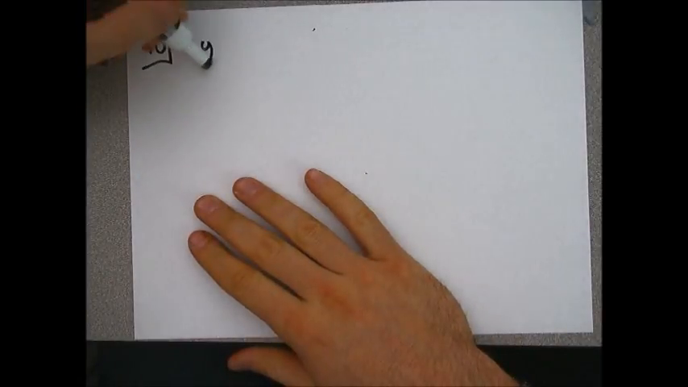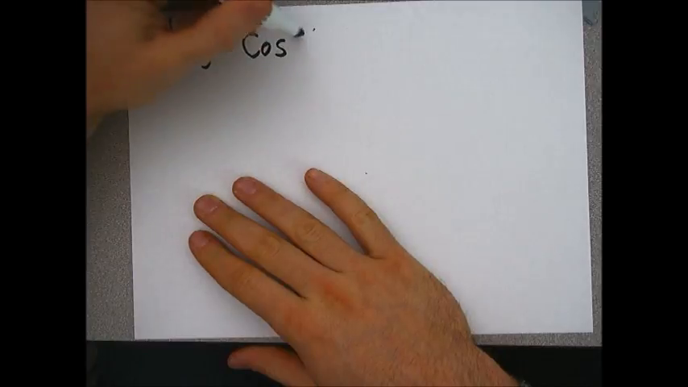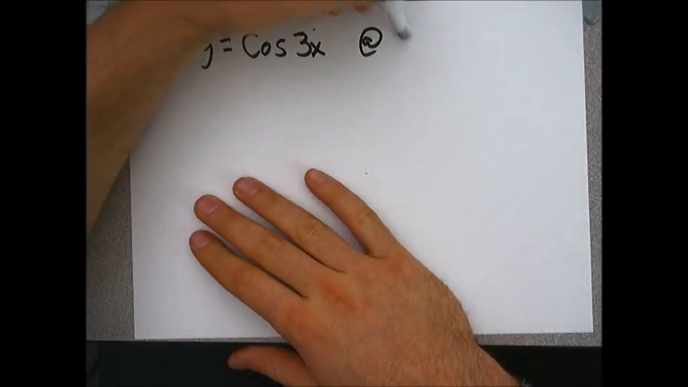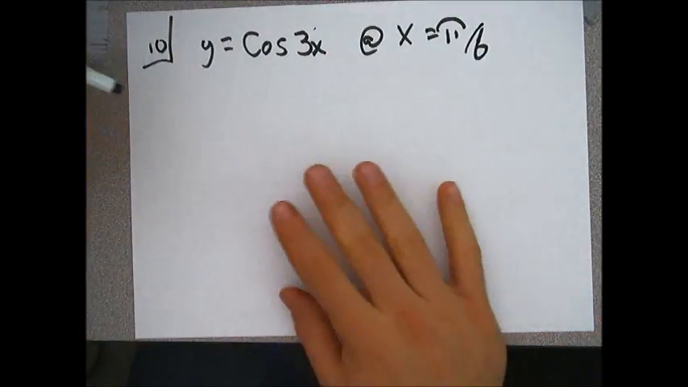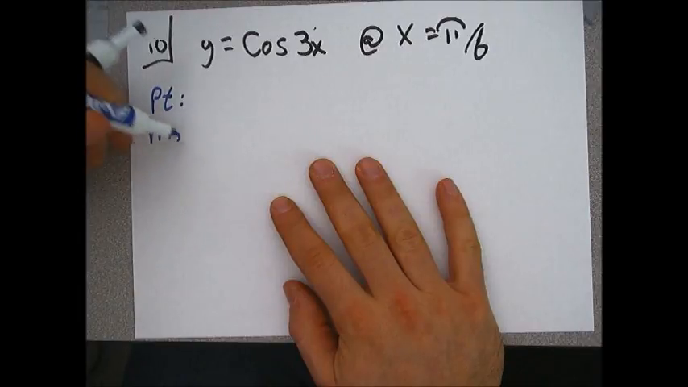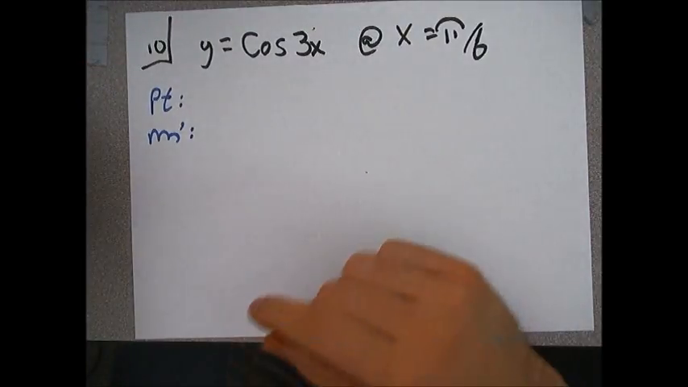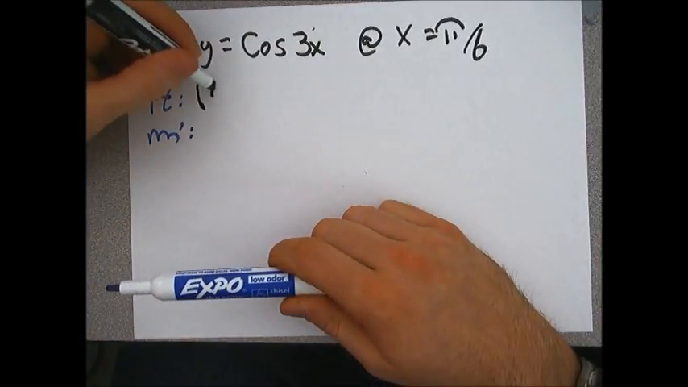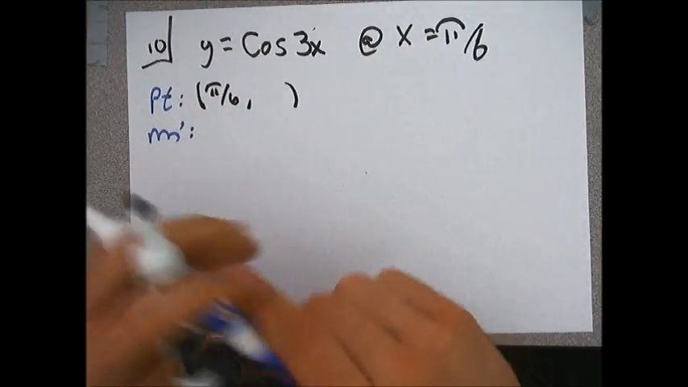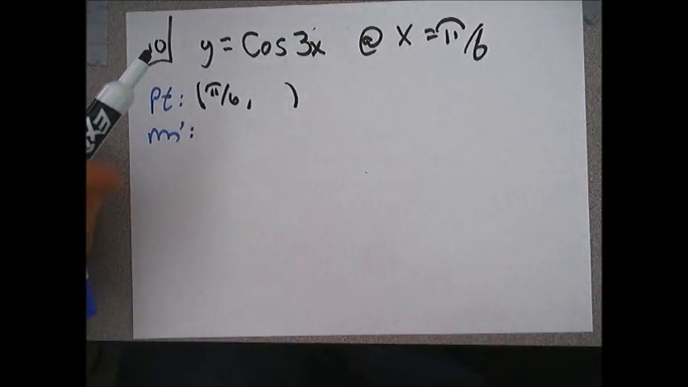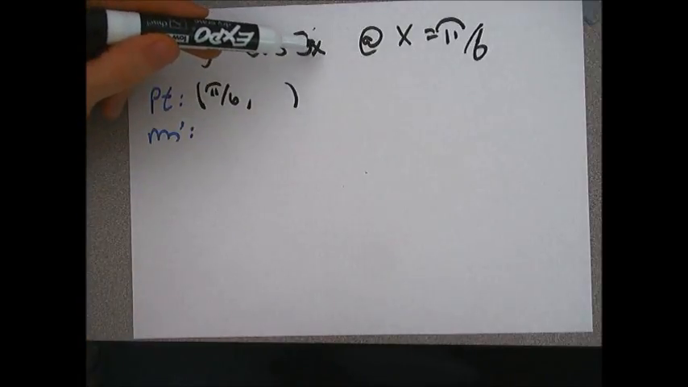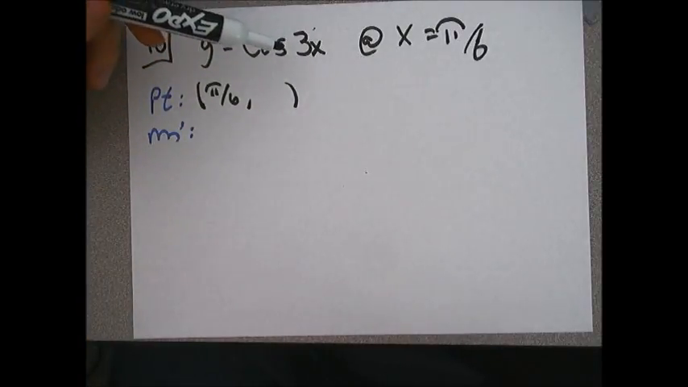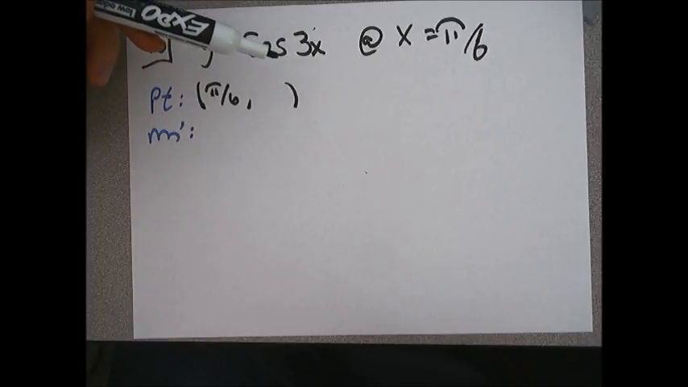Number 10 wants an equation of a line tangent. So tangent line for this, y is equal to cosine 3x at x equals pi over 6. Anytime you want to write a tangent line, you need a what and a what? Point and tangent slope. How do I find my point? They give me part of it. It says x is pi over 6. Once you have your x point, before you do anything else, you plug it back into the original and see what we get. So if I plug pi over 6 into this original, 3 pi over 6 is really pi over 2. Cosine of pi over 2